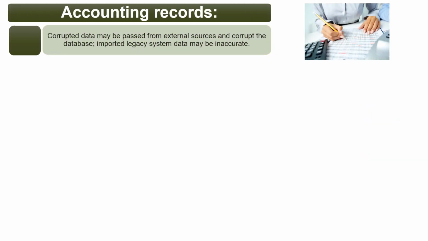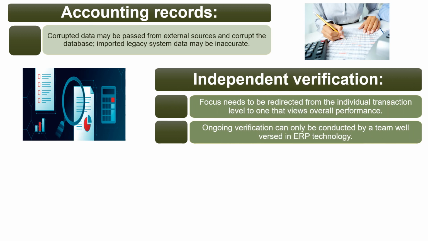Okay, then with regard to accounting records, internal control needs to ensure the input of the accounting records, because corrupted data may be passed from an external source and will corrupt the database, and the imported legacy system data may be inaccurate, so it will in bulk corrupt the database, sorry. And then independent verification,